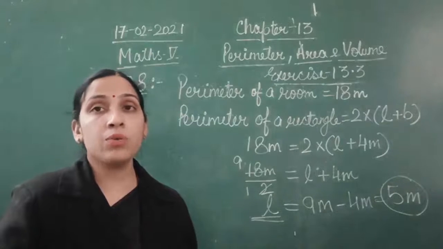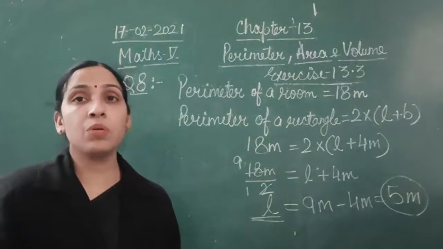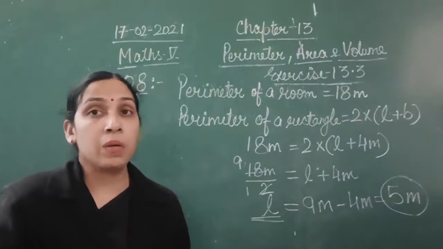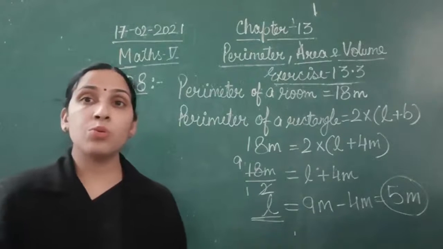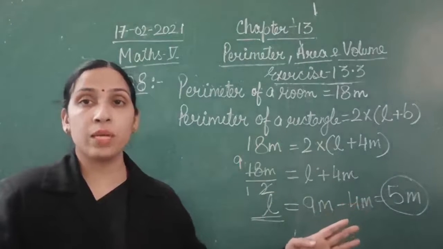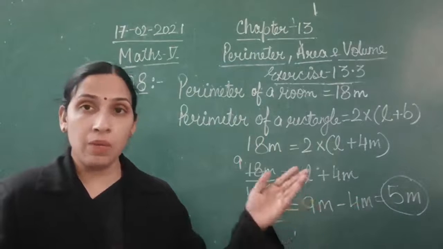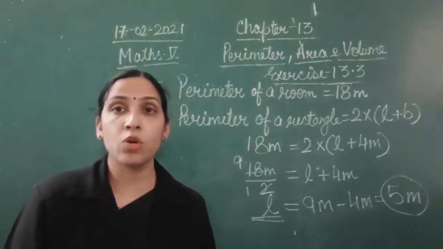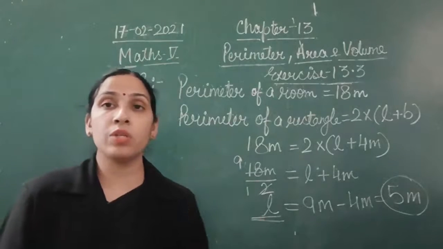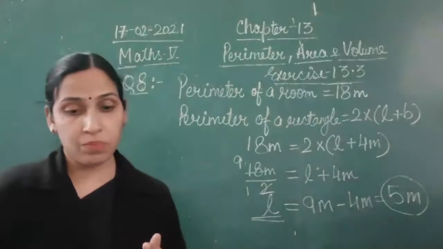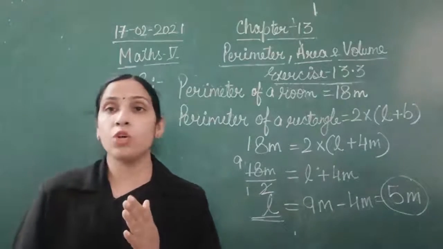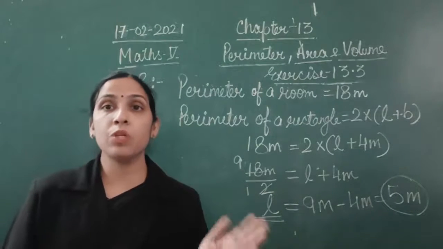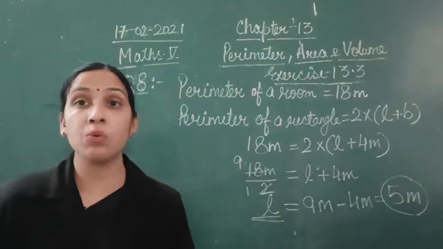Now children, one thing you have to keep in your mind whenever we are doing questions in this chapter, like perimeter, area and volume, somewhere it will be related to the concept of perimeter. In area concept something will be asked related to perimeter also. Then some of the questions will be related to perimeter of a square also, where one side can be given, or perimeter can be given, you have to find the side and then you have to find the area.